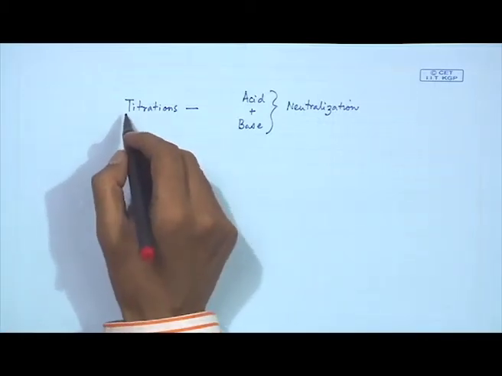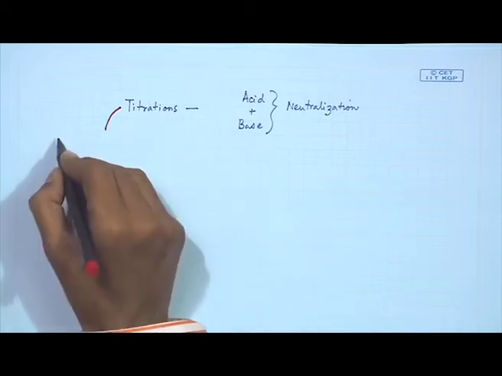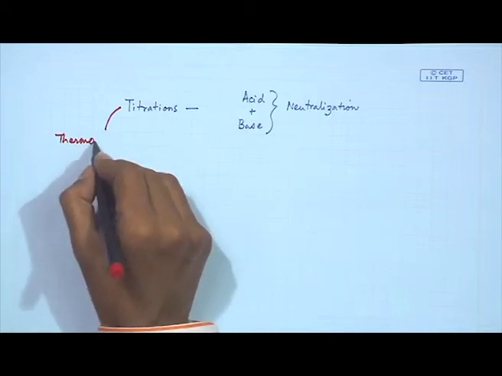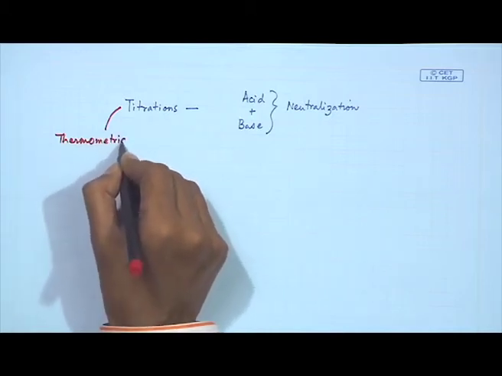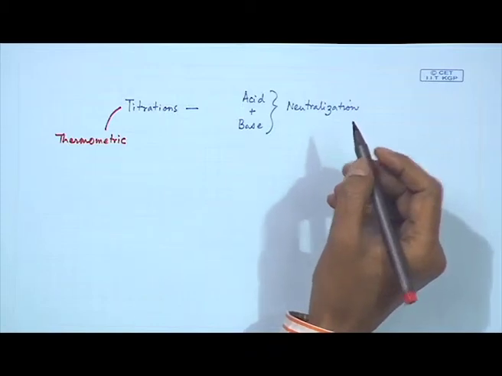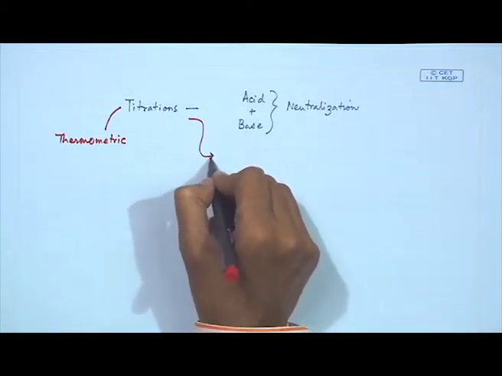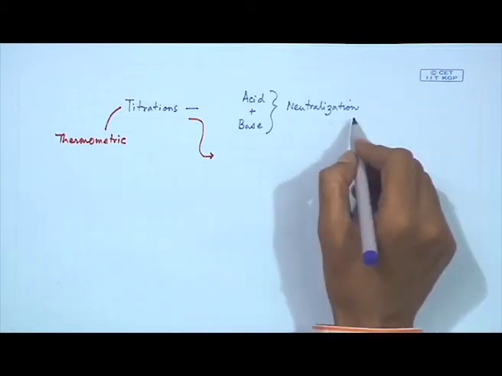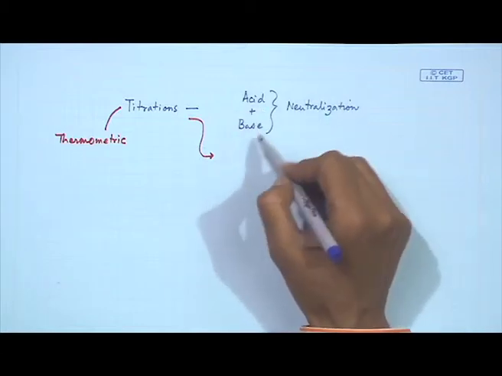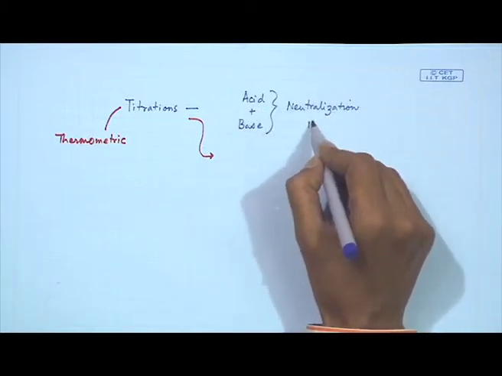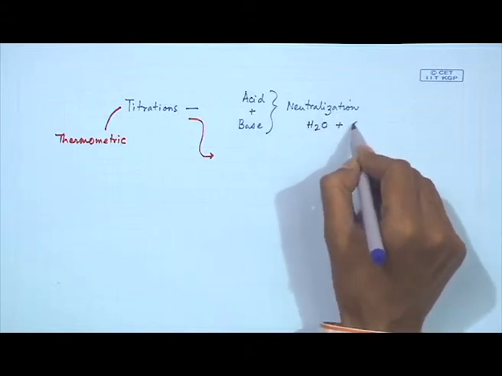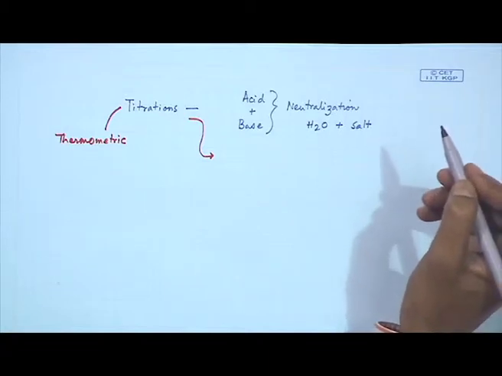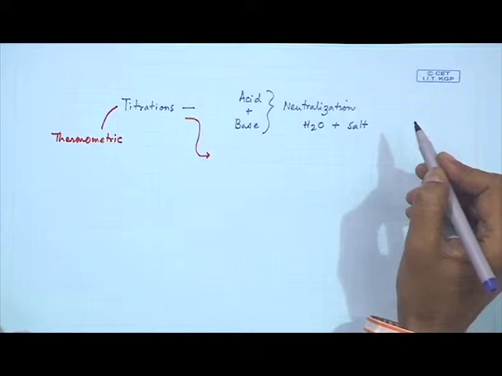So, we will simply put something which is the thermal term. So, it will be thermometric titrations. In thermometric titrations, what can we measure? Because in the normal titrations we use an indicator, and the color change of that indicator will tell you that all the acid has been consumed by the base and the product is only water as well as the salt. So, we can detect the end point by knowing the corresponding color change for the indicator added to that reaction.